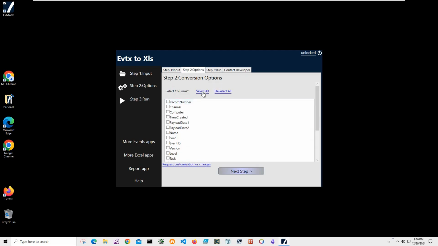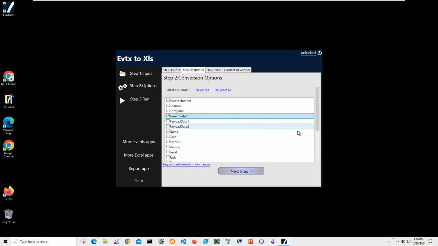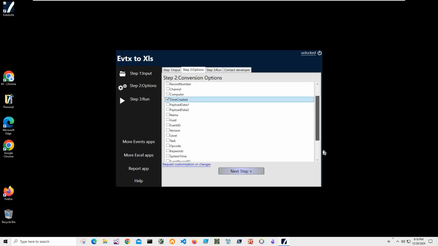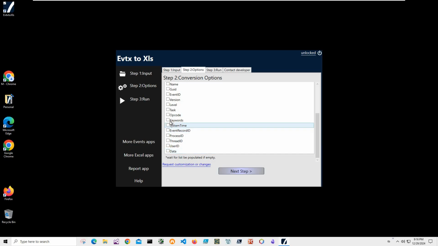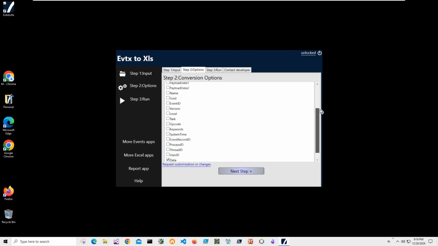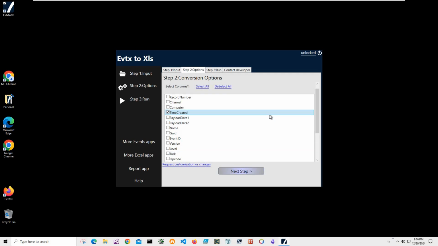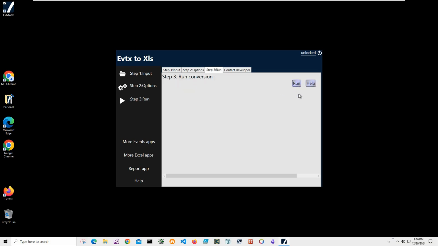I can select which columns I would like to see in my events. For example, if I want to select maybe time created, like I know that it happens on one computer, so I don't need computer or channel or GUID or maybe other things, but let's select data, which is associated with every record, and maybe user ID. If I don't need user ID, I can skip user ID. Let's see, this is first, and click on next step, and on the final step I'll click run to create